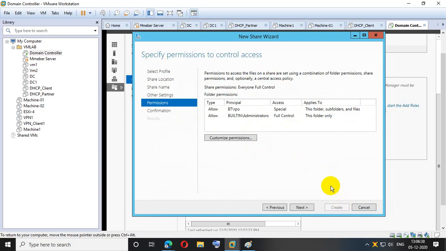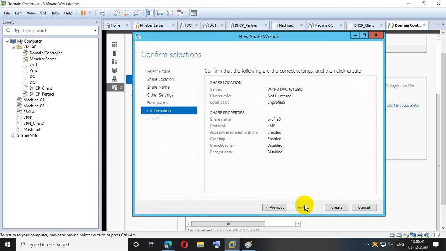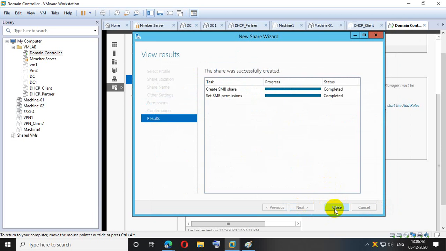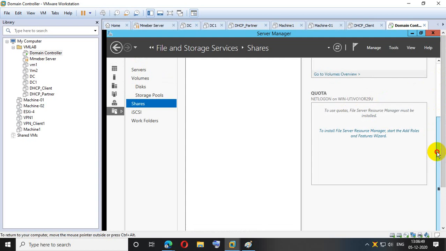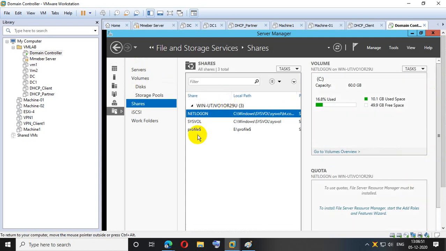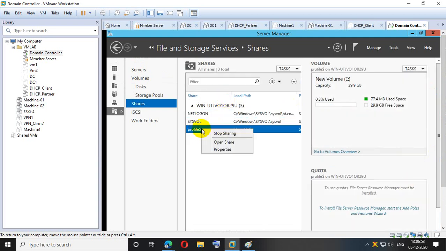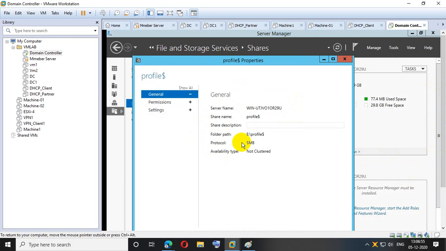Now those users who are part of this RPO can access the user profiles. None of the other users can. Now I'm creating the share. Share has been done. Now what will be the share path? What will be the share path? So in that case, if I go to the profiles properties, this is my share path.